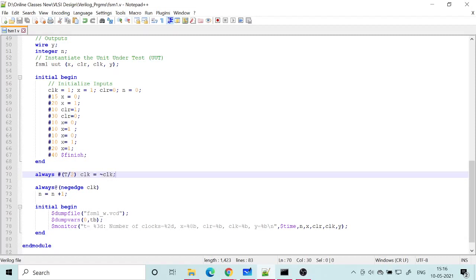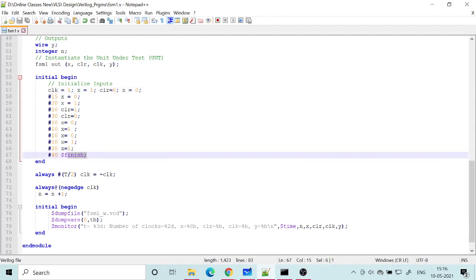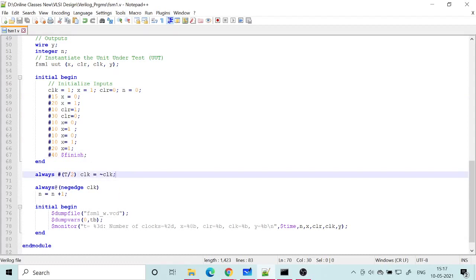The initial value I have assigned in the first initial block as 1, clock is 1, then after t by 2, where t I defined as 10 nanoseconds, every 10 nanoseconds there will be one clock cycle, one high and low. t by 2 is 5, so after every 5 nanoseconds the clock will be complemented. You start from 1, it goes to 0 at 5 nanoseconds, then at 10 nanoseconds back to 1, then at 15 nanoseconds goes to 0, and this will be free running as long as we do the simulation until we encounter a finish or control statement. It will keep on running.